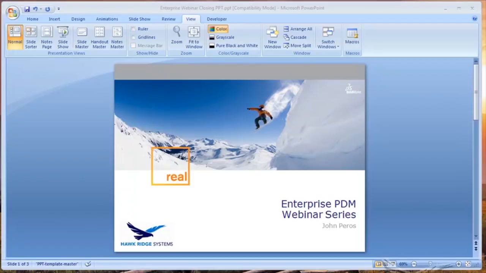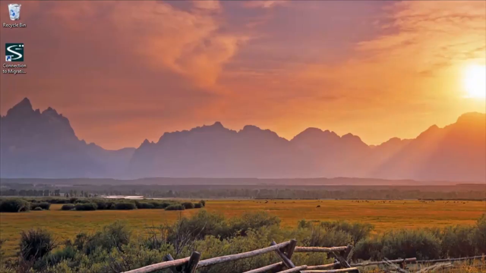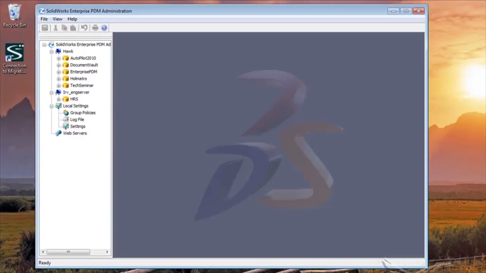So the first thing I'm going to do is bring up my admin tool. So obviously my EPDM admin tool right here, this is where I do most of the configuring for these kinds of things. But really, the first step to this is to see if your vault has the task add-ins loaded already. So in order to create these automatic PDFs and things like that, SOLIDWORKS actually gives us a little add-in that we can run inside Enterprise PDM, and that add-in has to be loaded. Now, it may be loaded in your vault, it may not be loaded, but there's a really easy way to